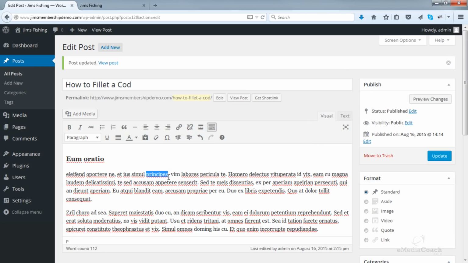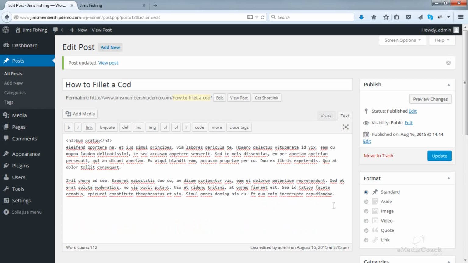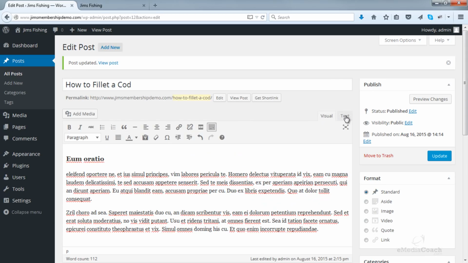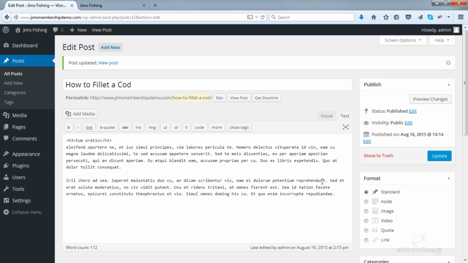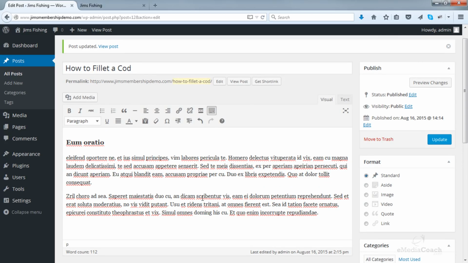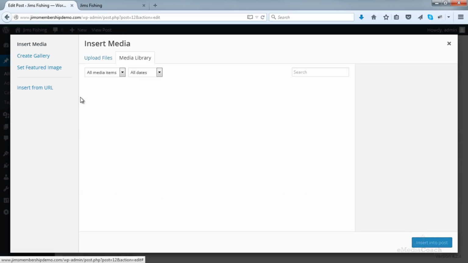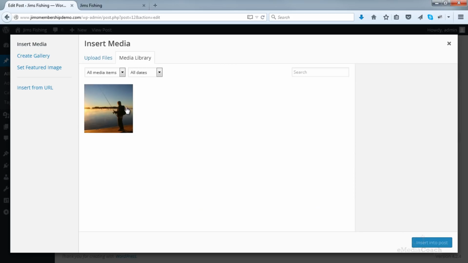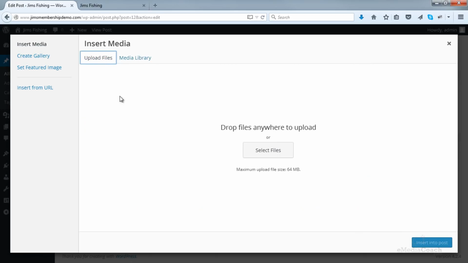It's very, very simple. And if you're in the text tab, you'll be seeing all the code that goes behind all the visual stuff. So anytime you need to enter any code, we'll be entering it in the text tab. But for any content editing, do that in the visual tab. If you want to add any images throughout your articles, you can do that through Add Media. When you click on Add Media, you can choose from any images already in your media library, or you can upload new files.